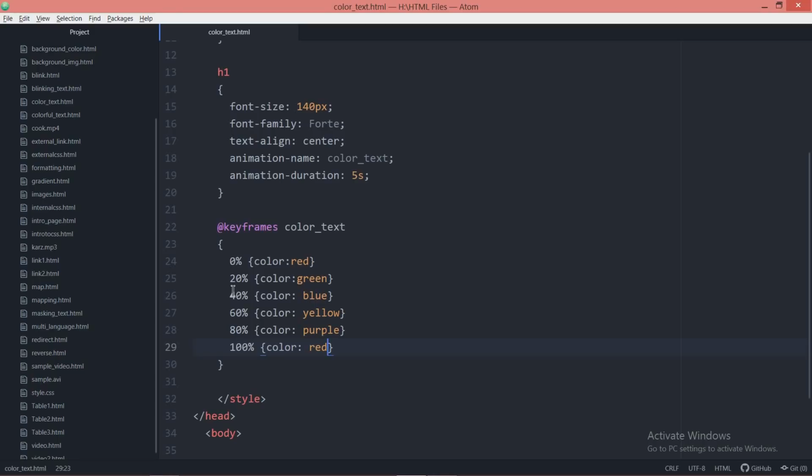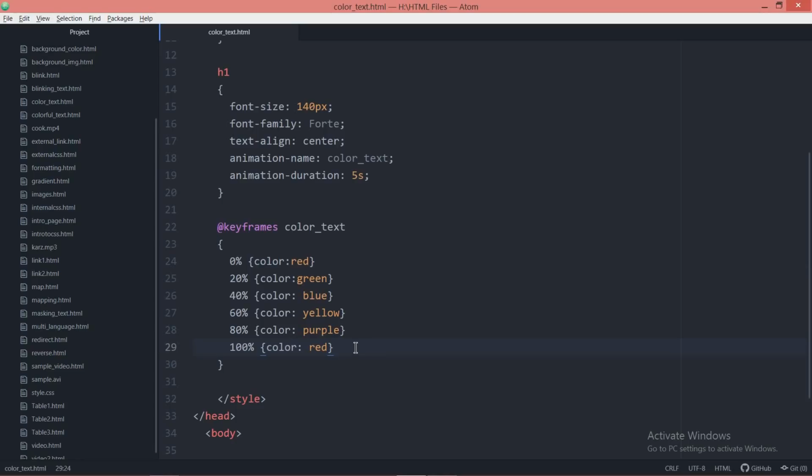If you want to maintain 10 stages, just use 0%, 10%, 20%, 30%, 40%, and at each percentage define a different color. Remember, at the starting level and the ending level, your animation properties should remain the same. This is not mandatory, but if you set the properties the same, then your animation will run smoothly.